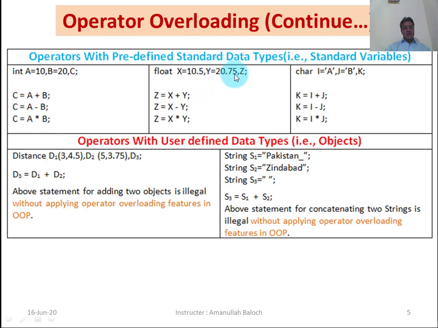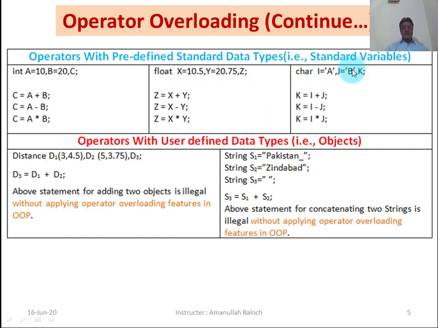If X, Y and Z are three float variables, then we can add two variables and assign the value to the third variable, because all three variables are standard and the operators allow operations on standard data. The minus and asterisk operators also allow subtraction and multiplication on float variables.